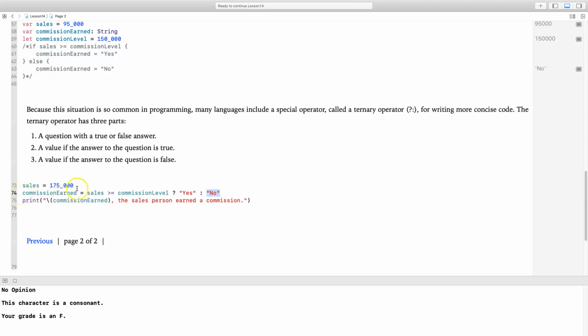So what we're going to do is set our commission earned variable to either yes or no based on this comparison right here. If it is true, then we'll set it to yes. If it is not true, we will go ahead and set it to no. So if we go ahead and run this code,